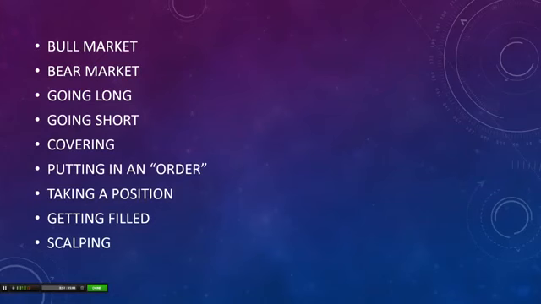And finally, the last term for this part 1 series of penny stock trading jargon is scalping. Now, scalping is almost a trading strategy. It's a type of trading style where all you're trying to do is make a few cents a share. And you're doing very fast trading, just trying to get a little bit of profit. Usually the way scalpers make money is that they have large money accounts and they're able to buy many shares of a stock, so that even if it goes up 5 cents or even less, scalpers sometimes only go for 3-cent gains. If they only get 3 cents a share, because they had such a large position, they still made a lot of money.